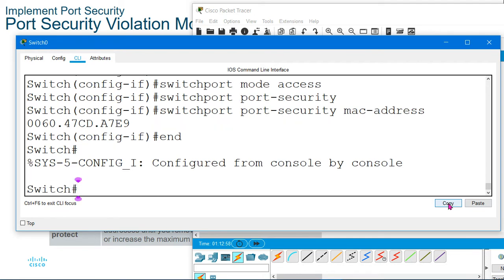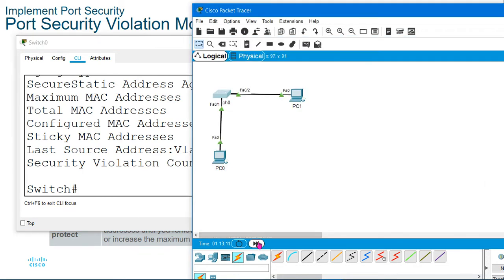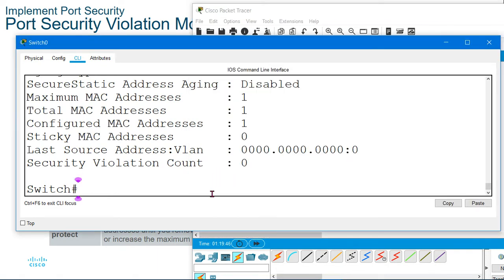I will execute the command show port security interface F02. Here you can see the total MAC address is 1.